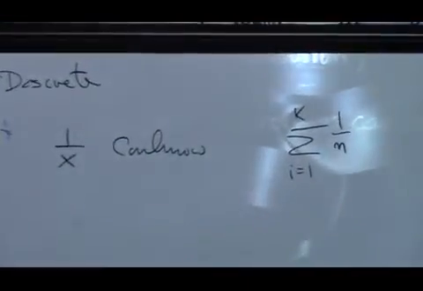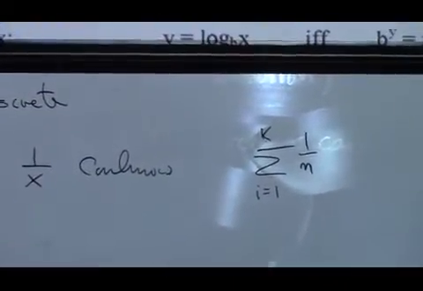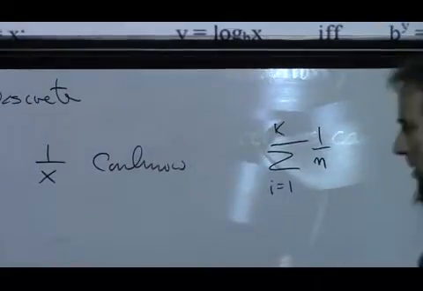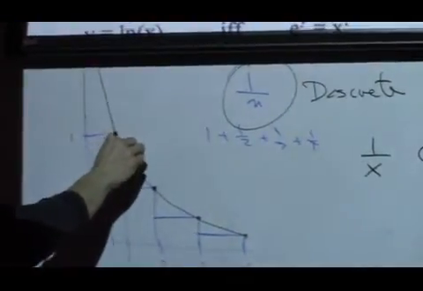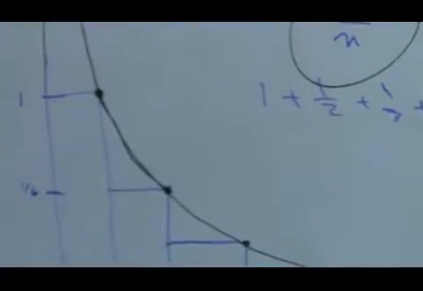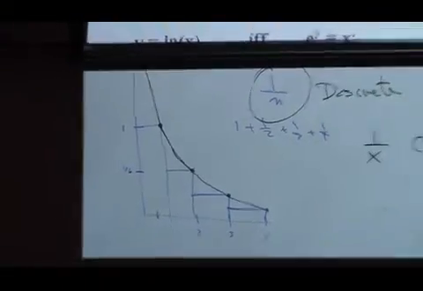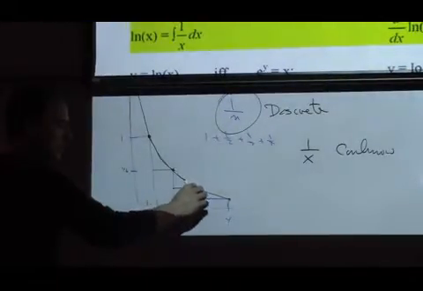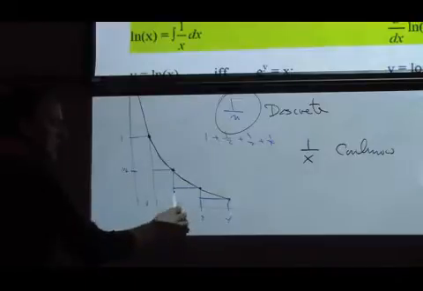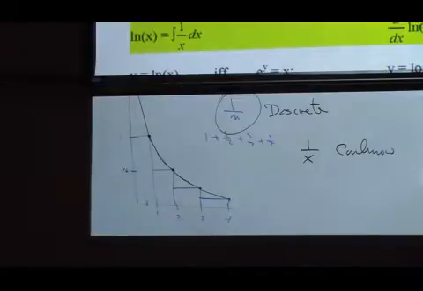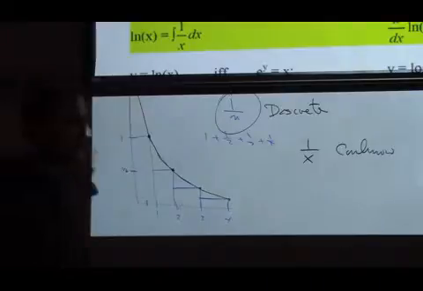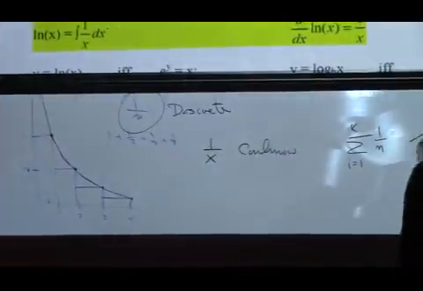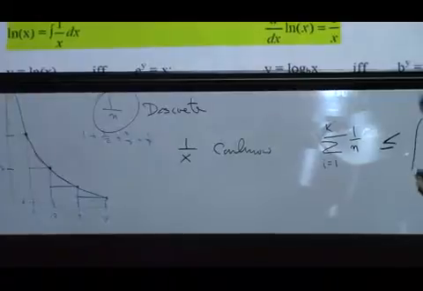But we could say that if we look at from 1 to n. Now, if I start at 1 over here, notice that the area from 1 to 2 is actually bigger than the area from 1 to 2 here. Right? And the continuous area from 2 to 3 is bigger than from 2 to 3, the discrete rectangle. So therefore, what we can say is this is going to be less than or equal to the area,